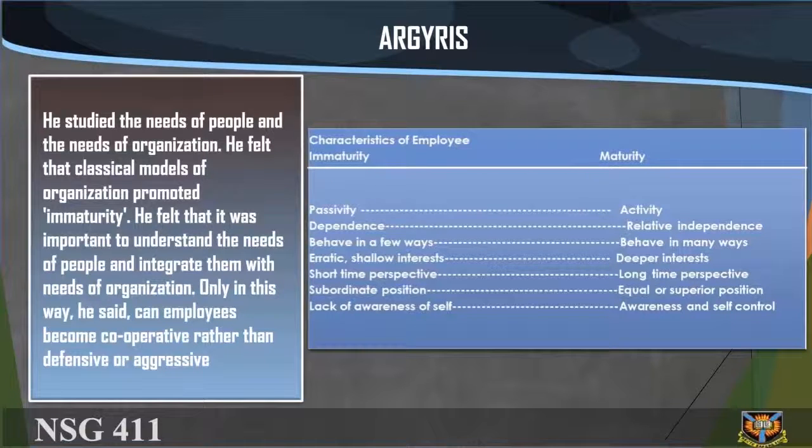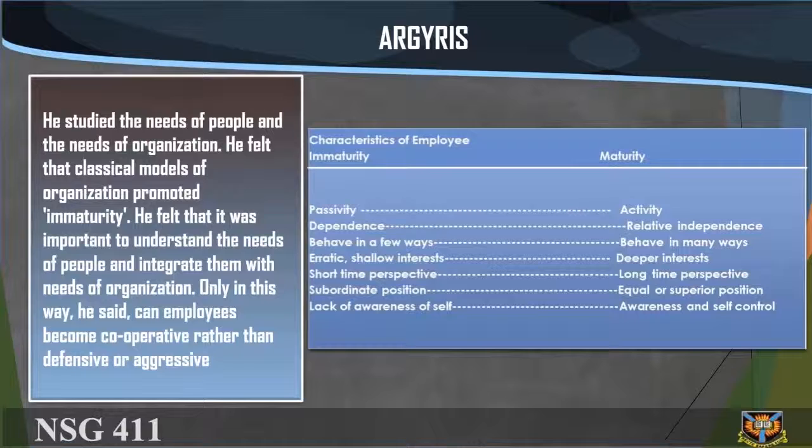Characteristics of employee, immaturity versus maturity. Passivity, activity. Dependence, relative independence. Behave in a few ways, behave in many ways. Erratic, shallow interest, deeper interest. Short-term perspective, long-term perspective. Subordinate position, equal or superior position. Lack of awareness of self,